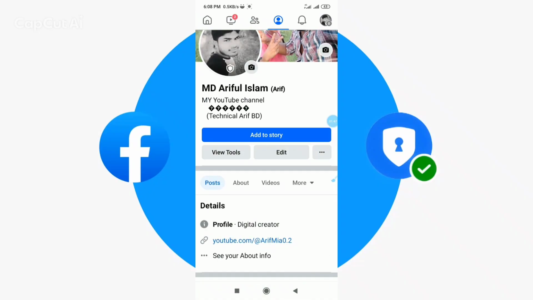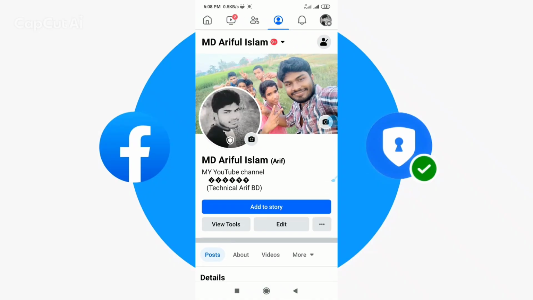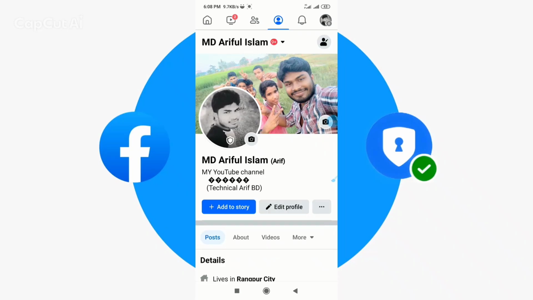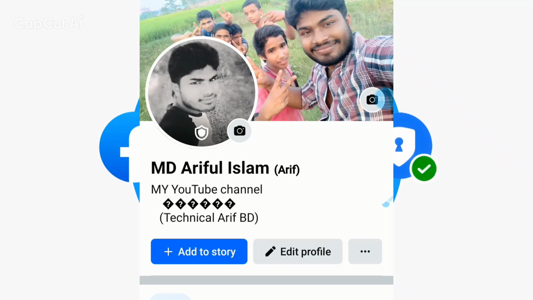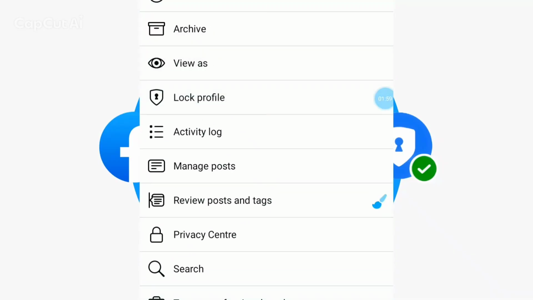Then I came back a little. After coming back, what will I do? Now I will refresh the account. So my account has been refreshed successfully. Then what exactly will you do next? You will simply click on the three dots located right here. So I have now clicked on the three dots. And after clicking on these three dots, you can clearly see that the lock profile button has now become